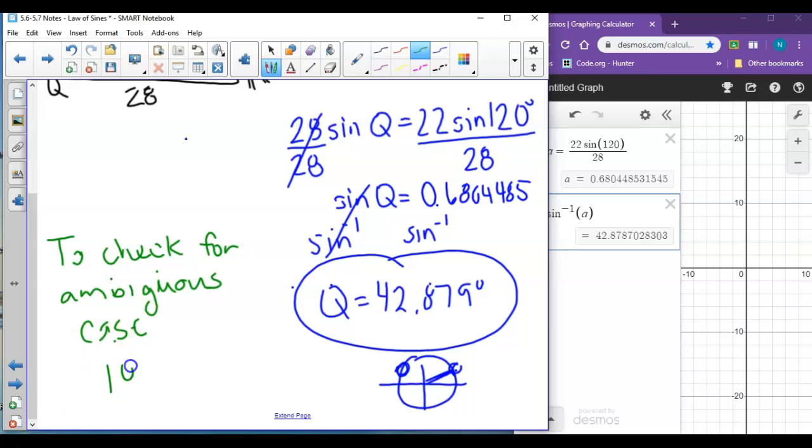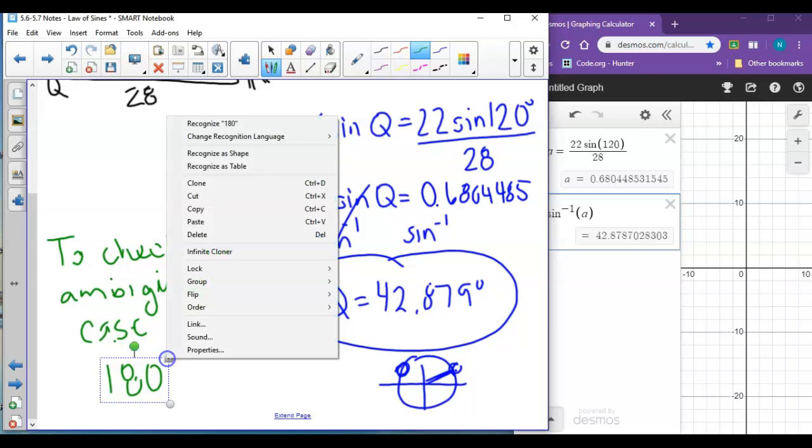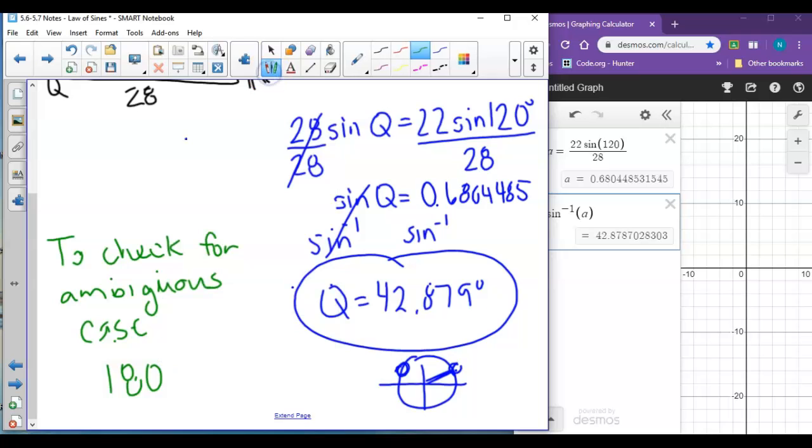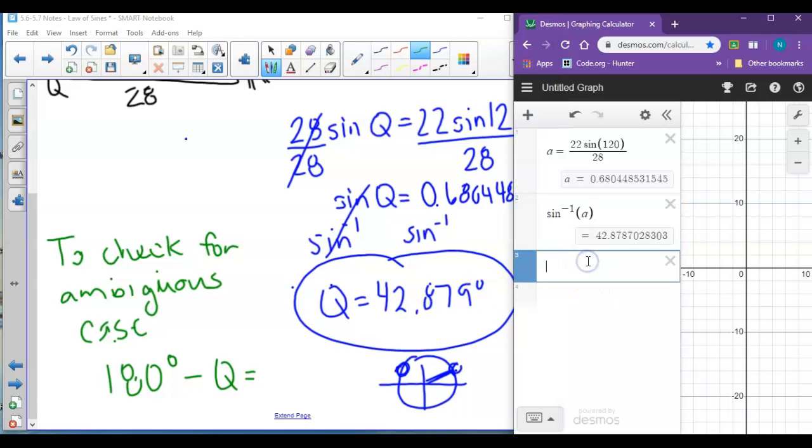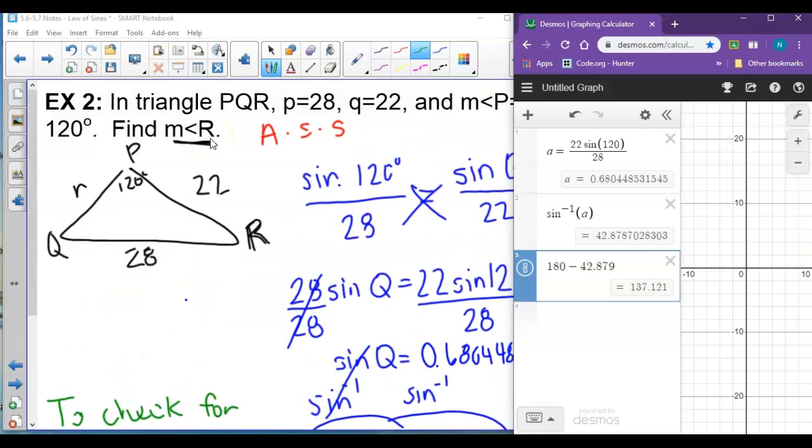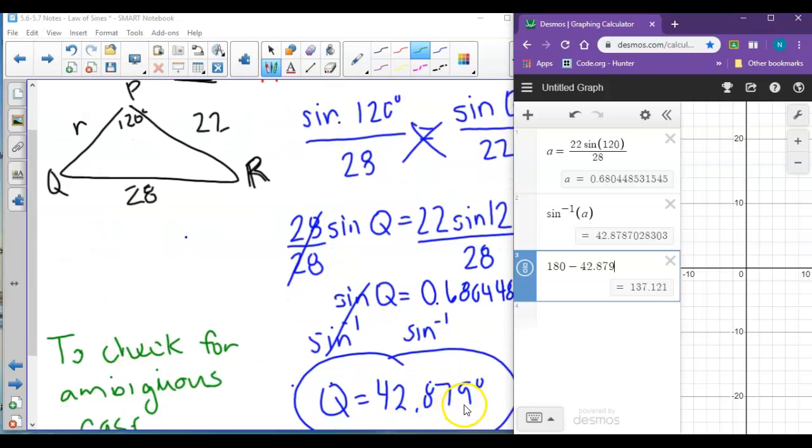We're just going to take 180 degrees and subtract the value that we got here. We're going to subtract that Q value. And so if we do that, 180 minus 42.879, we get 137 degrees. So if I go up here to my triangle, we know that Q could be 42.879. There's also a possibility that Q could be